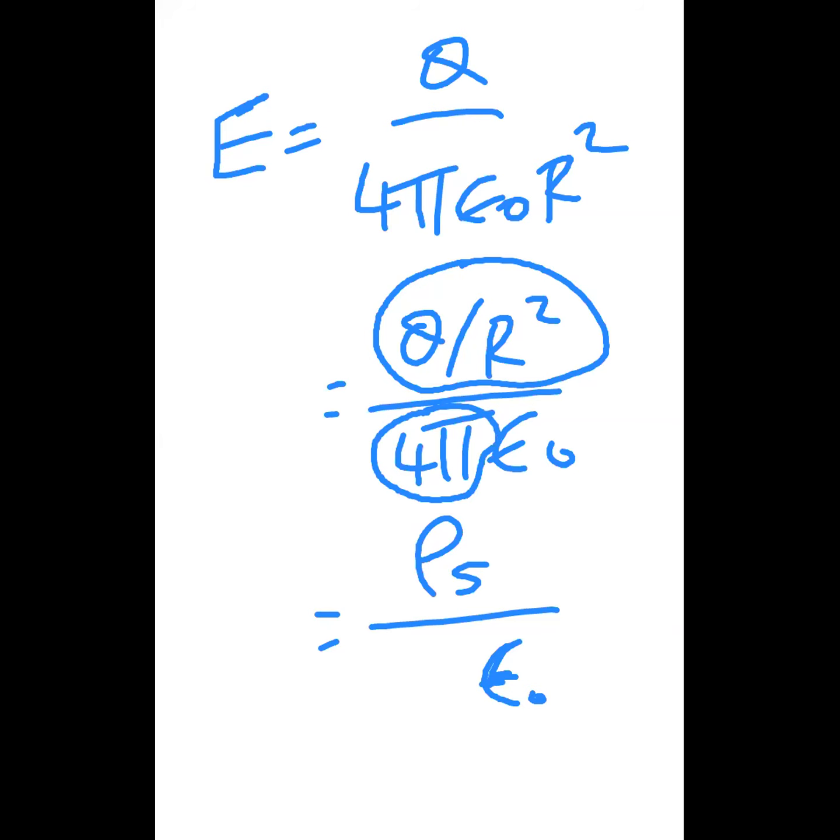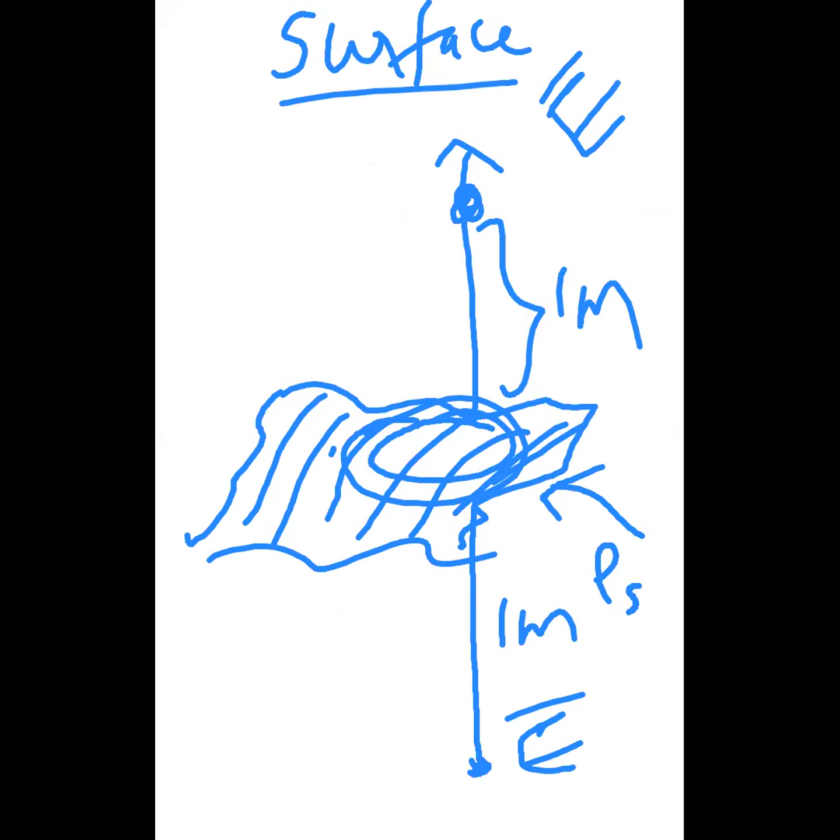In case of a point charge I was putting 4 pi, then in case of a line I was putting 2 pi. Here what do I have to put? Anybody, any guess? I have to put only 2. Why only 2? Because my electric field is divided into 2 only. My total electric field can go in this direction or in this direction. Whatever electric field is produced by this plane has to go only above or below. It is split into 2 components only, so that's why by 2.